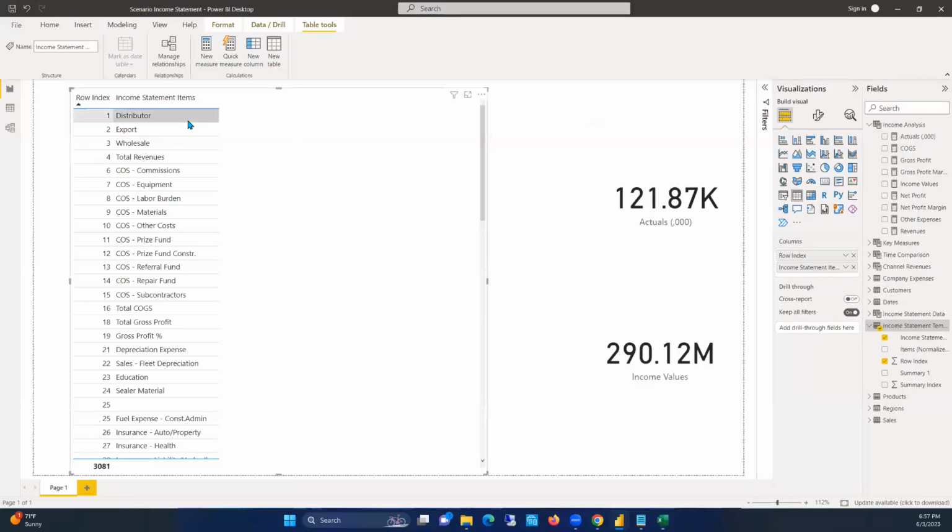So let's try and see how we can enable this indentation for our total revenues, the subtotals, COGS, right? And then also there are even spaces after each subtotal. Let's see how we can achieve that, like line breaks or something. So what I'm going to do is